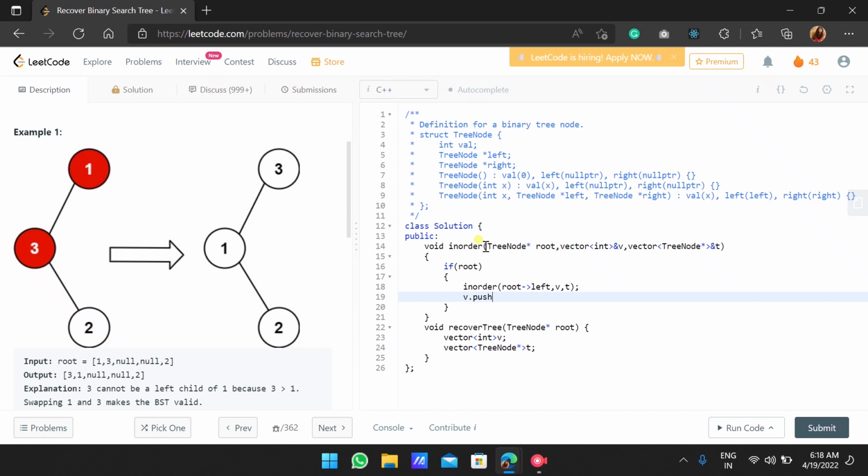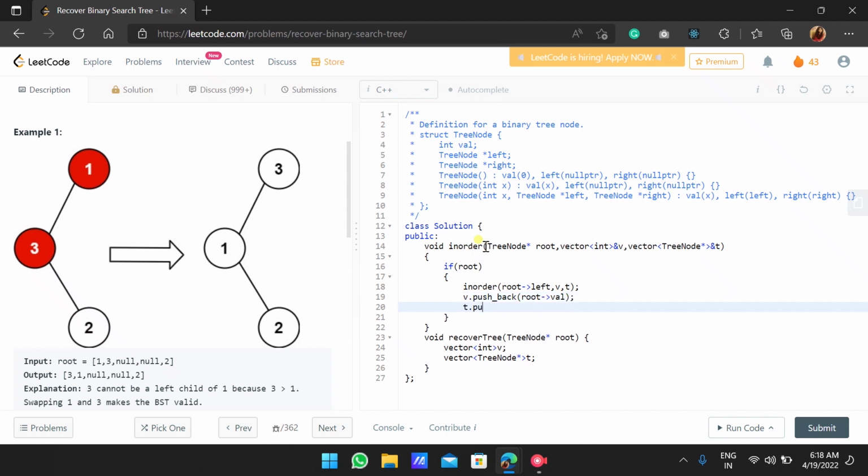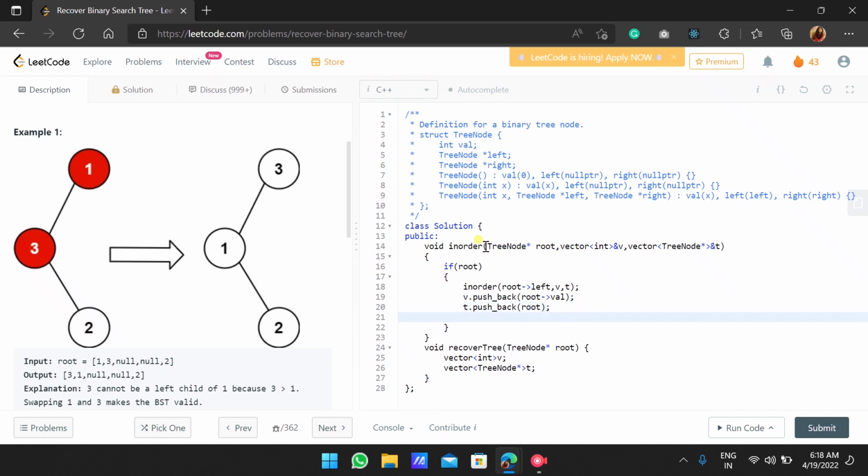Then we will push the value of that root to our V and the address where the root is to our vector T. So we are pushing that address to our vector, then we will move to the right.